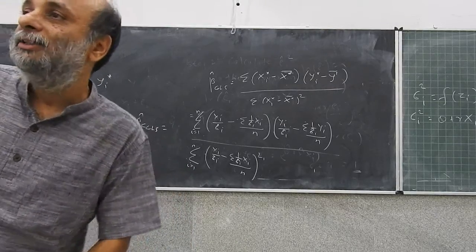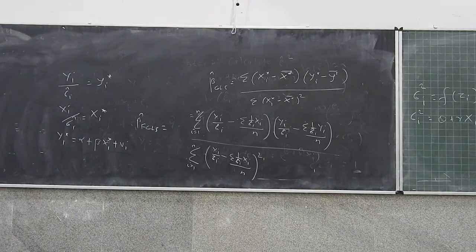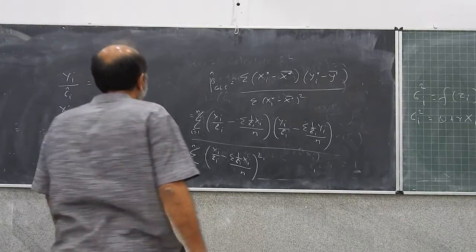Right? Estimated this, so you get beta hat FGLS. Right? You get beta hat FGLS will be obtained by this. How do you get alpha hat FGLS? You will get